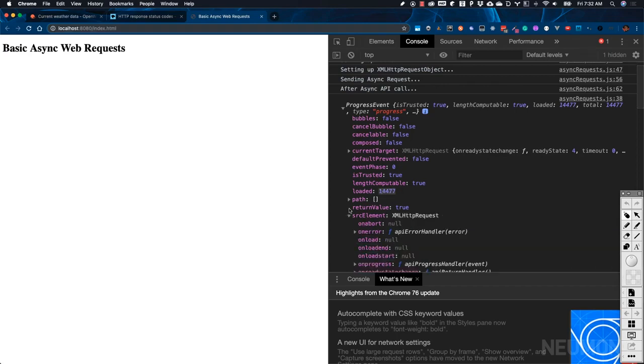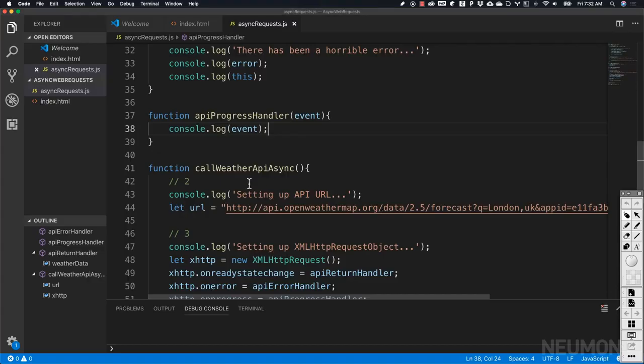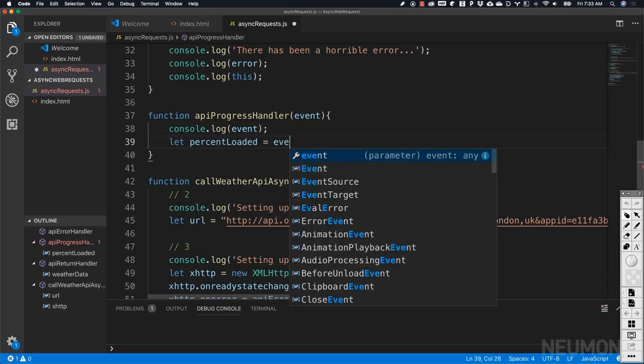So although this is just a small amount of data, and this divided by this will always end up providing us with 100%, we're going to go ahead and go through showing how we might do this logic inside of our handler. And we can do that by calculating the percent. So we can say percent loaded equals